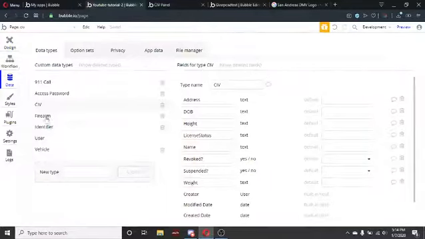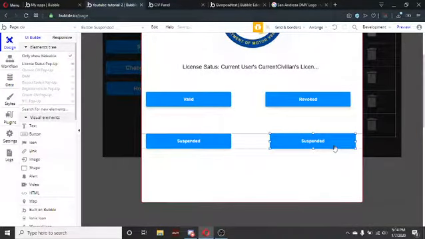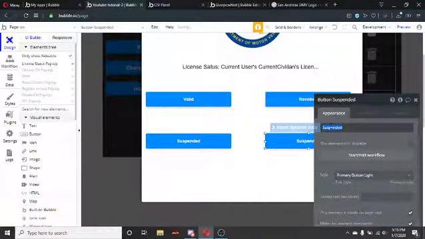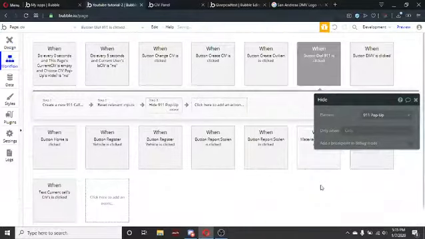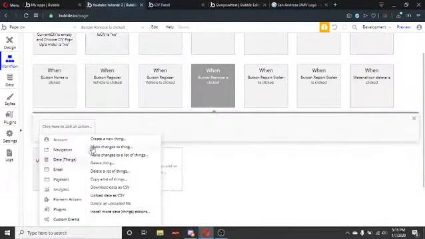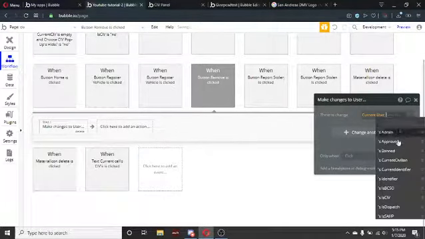So data Civ revoked and suspended. Yeah, and I'm just gonna also add one last button here, and this is just going to say remove. So when remove is clicked, start/edit workflow, I want you to data thing, make changes to thing, current users,